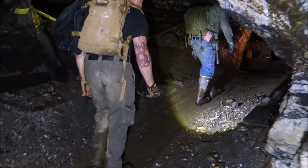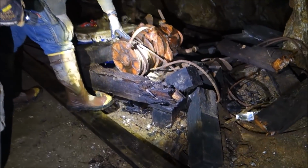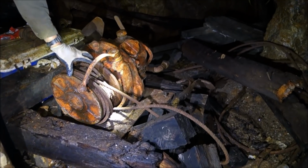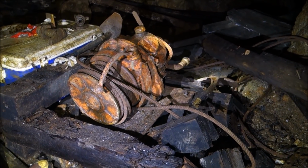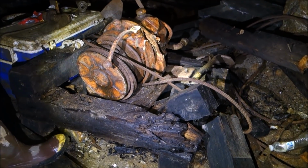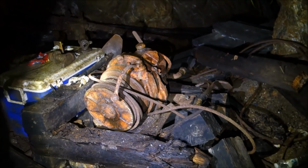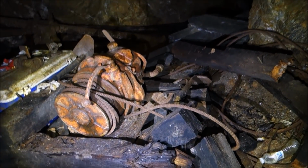Okay, here's another one. This is a cover. It's a single drum. They'll use that for everything and anything, except, of course, slushing. For that you have the dual drums. You need 2 cables, one coming, one going. So, believe it or not, what this one was here for, I guess, years and years ago, they ran to